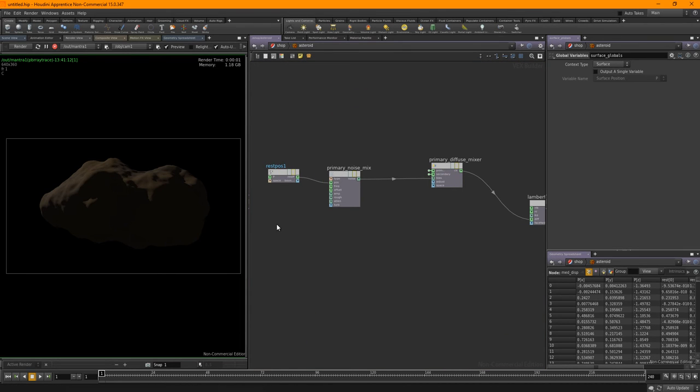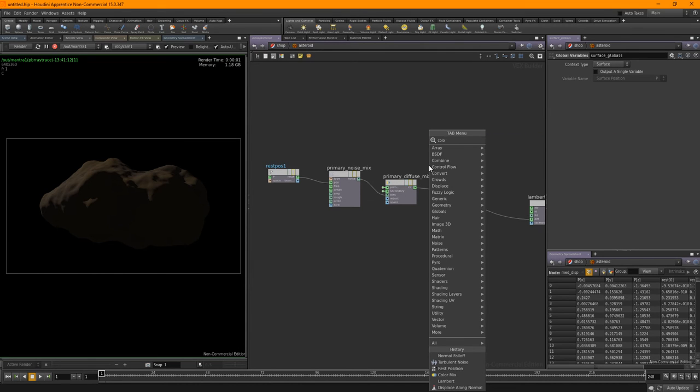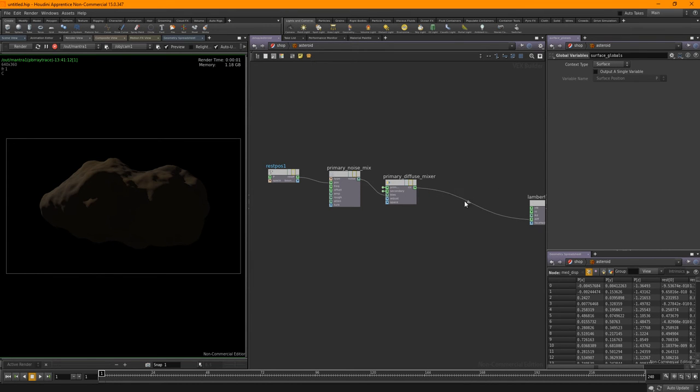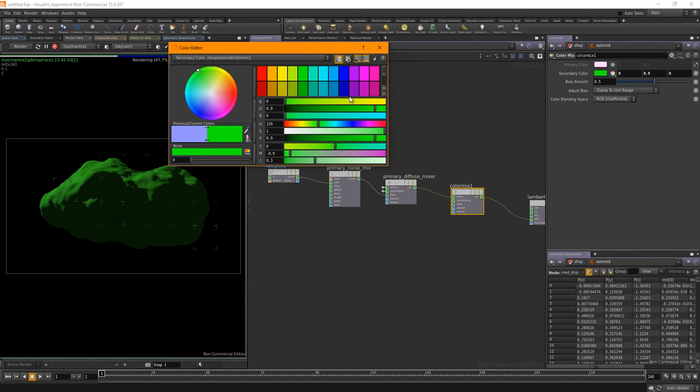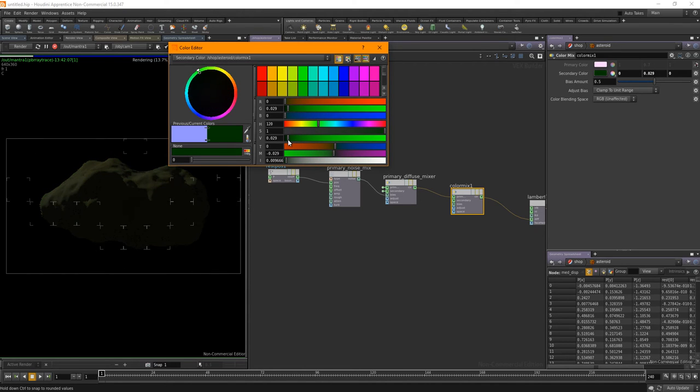So we've got a mixture of two colours going in there. The most prominent one for me at the moment is the light. So we've got a primary one. So let's get another colour mix down. I'm going to pop that there. So what we've got now is this colour being our primary one, and the secondary one I'm going to give a green colour. Okay, and again it's going to be dark, and pretty washed out, to be fair, just to give a little bit of little differences in there.